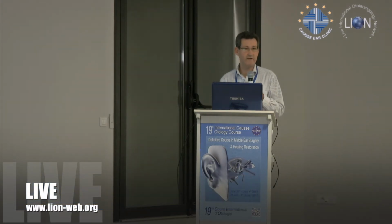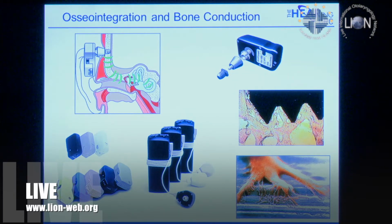And I would never have predicted that I'd be up here talking about bone-anchored hearing aids, because I always was a bit skeptical. I thought that bone-anchored hearing aids were really for those surgeons who couldn't get a dry mastoid cavity or couldn't do a stapedectomy. But I think there is a very, very significant place for bone conduction hearing and for bone-anchored aids, and it's going to increase. And it's over 40 years since it was